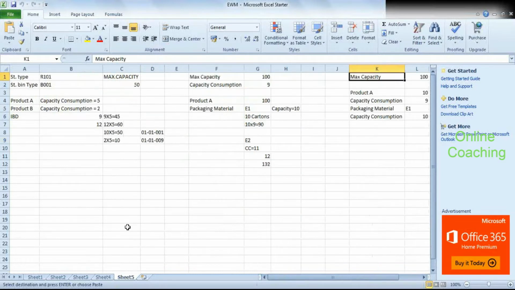Sorry, you go ahead and do a stock removal. Now, for your stock removal, basically the first thing is that we need to understand